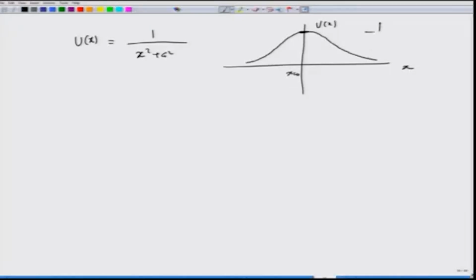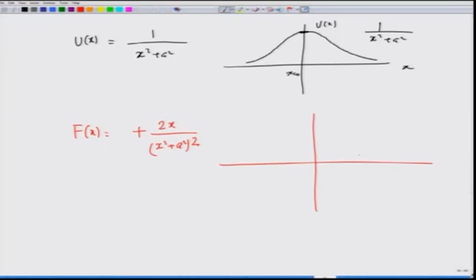So, this is 1 over x square plus a square, and the force is 2x over x square plus a square raised to square. So, force is linear near the origin, because near the origin x is nearly 0. So, I can take the lower side to be just a raised to 4. So, it is linear